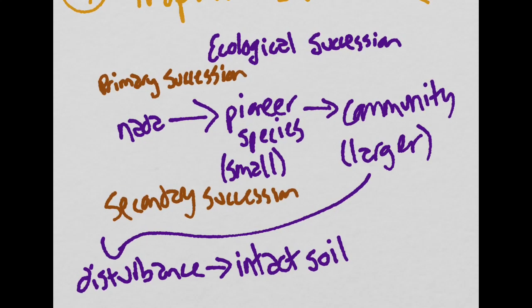So all this has to do is have pioneer species take root again, which will happen much quicker because seeds can just fall in and they'll start to grow again once the disturbance is over. And then after pioneer species, it will more quickly transfer to the community. A lot of the animals that used to live there will come back, and the community will thrive again. So it will sort of go in this cycle from, in the beginning, you'll start with nothing, then you'll have the pioneer species and the community. And from the community,